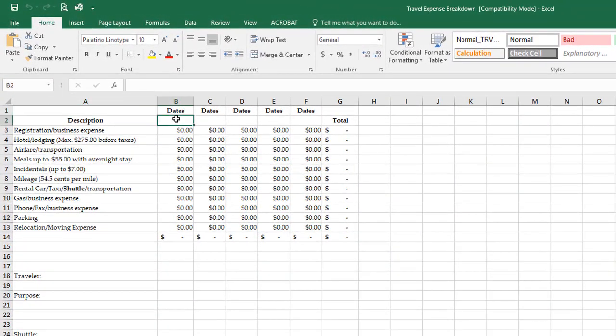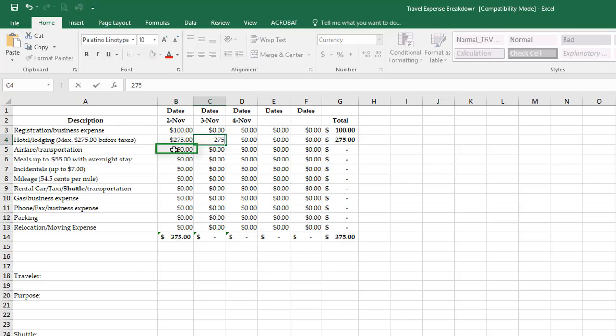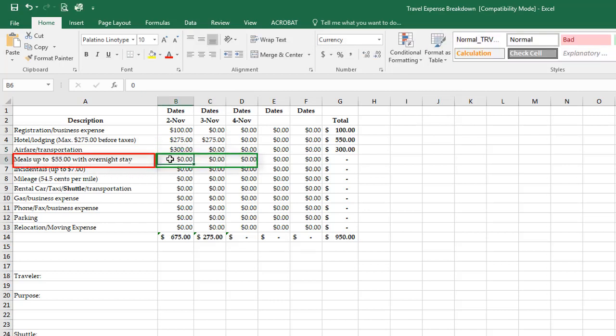Let's start with the breakdown of expenses. First, write the dates of travel. Then, we'll notate the expenses of registration or business expense, hotel or lodging, airfare or transportation, meals up to $55 per day, incidentals up to $7 a day,